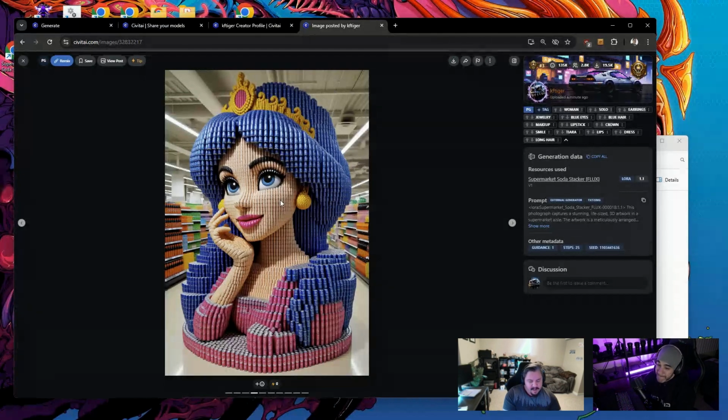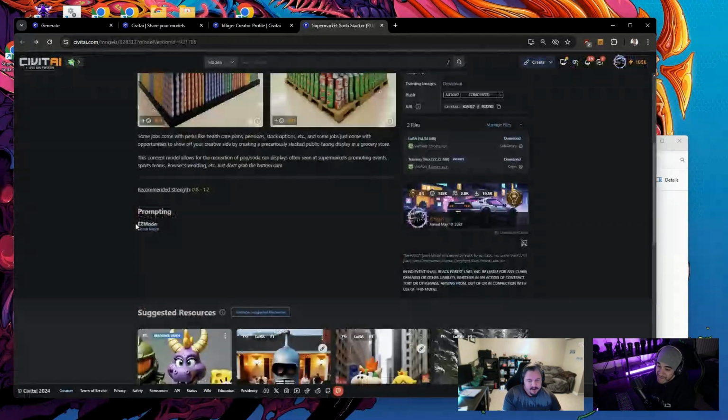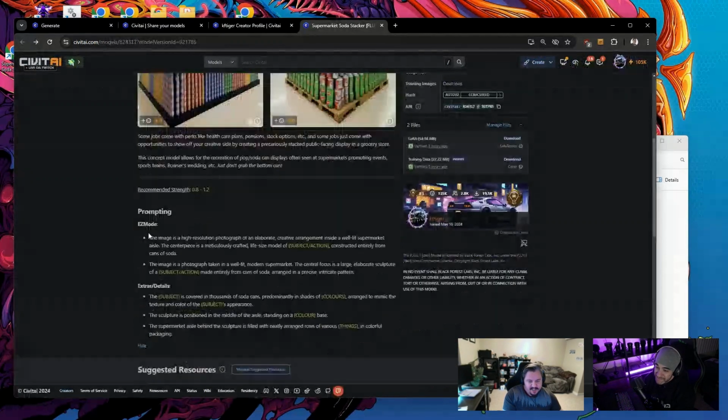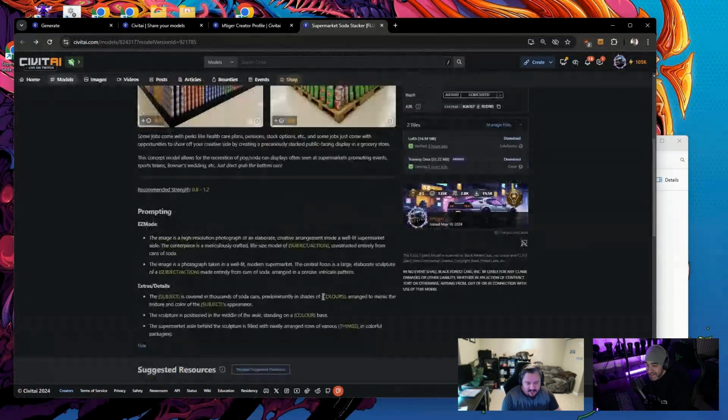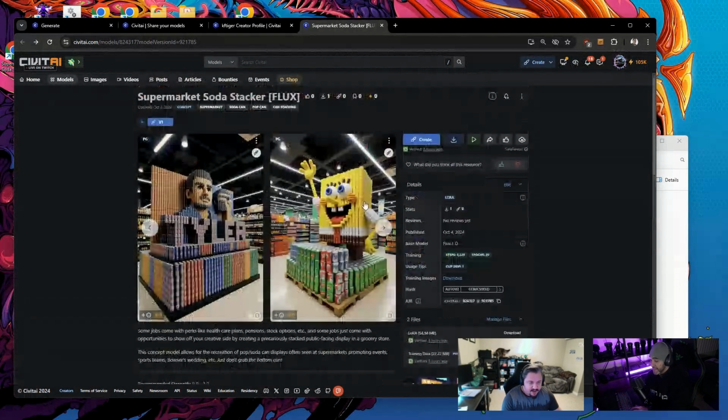And I did put in here, usually what I do with these caption ones is I put in kind of an easy mode. Like if you just copy this into the prompt and only change this, it should work. Like for that JBoog's one, I just changed this word and that worked. Awesome. And some extras and details, like if you want to say the color of the cans, there you go. If you want to say what's on the aisle behind, there you go. Jasmine, yes. I like the easy mode thing that you put in your descriptions. I think that really helps new people out.